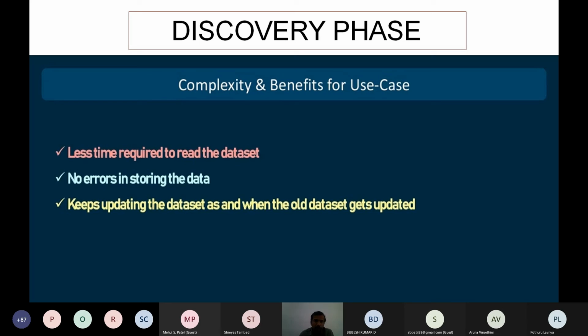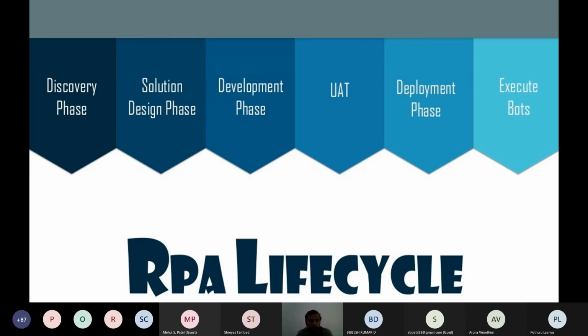So this will be informed to the client. That marks the end of the discovery phase. The discovery phase starts by identifying the problem and the process, and analyzing whether the process can be automated or not. Now, once this discovery phase is over, we'll move on to the solution design phase.